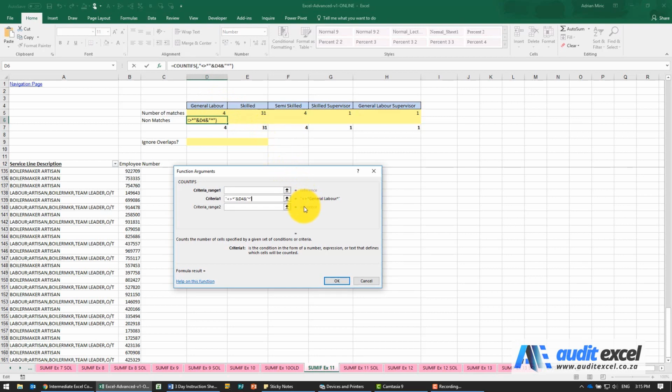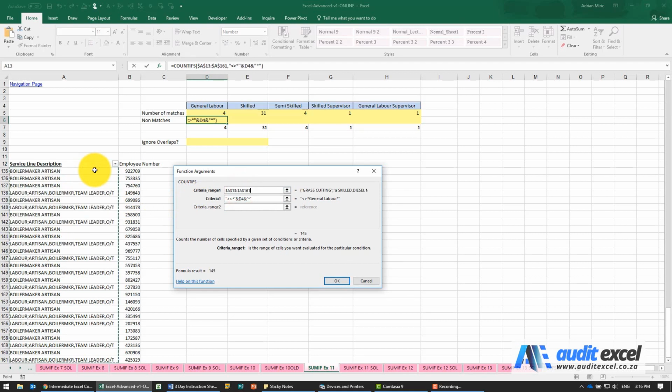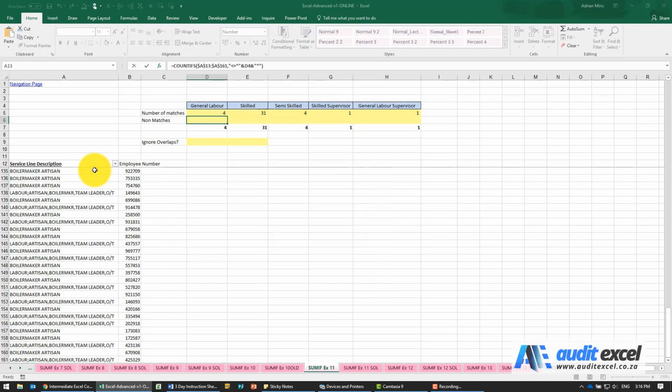So you can see we're now telling it anything that's not equal to the word general labor, but with the asterisk on either side, which is a wildcard character. Where must Excel look for it? In this column here, dollar signs, and when I say OK, you'll see it tells me there are 145 non-matching items.